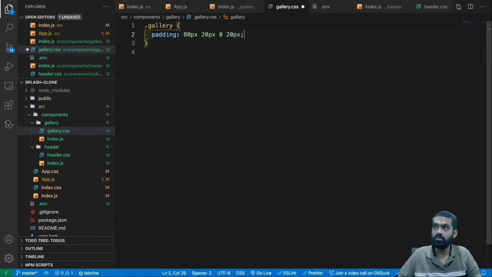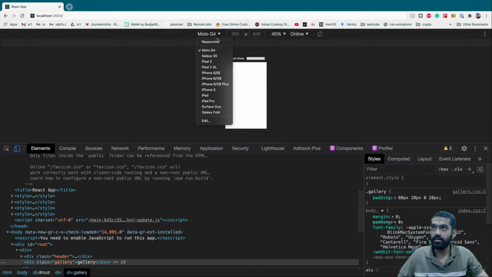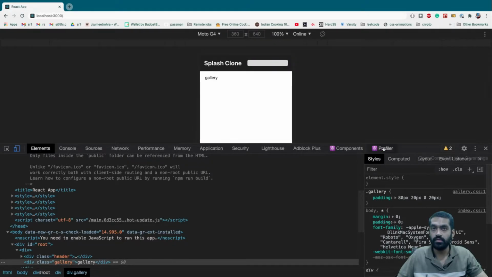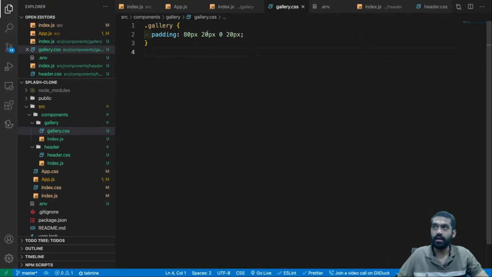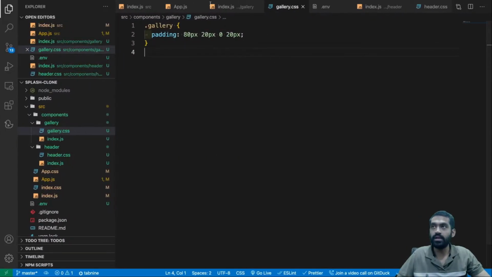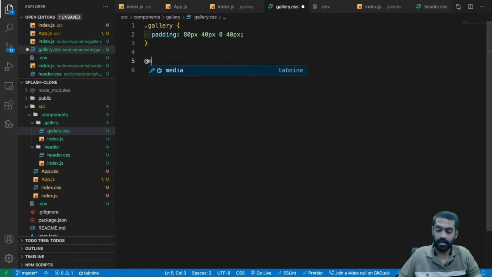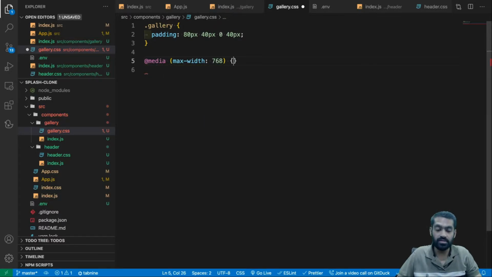And let's also include a media query. Let's see. This works, right? Let's zoom it to 100%. 20 pixels is way too much, and here 20 pixels is way too less. So instead of 20, let's do 40, and let's add a media of max width 768.